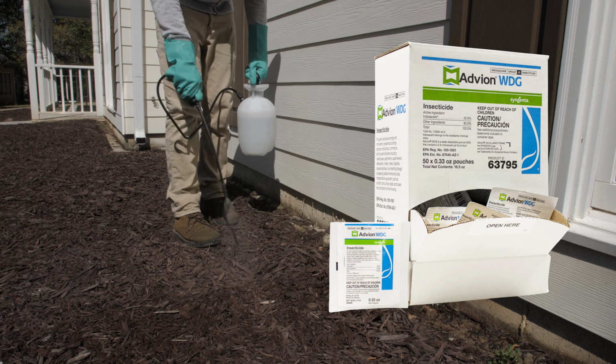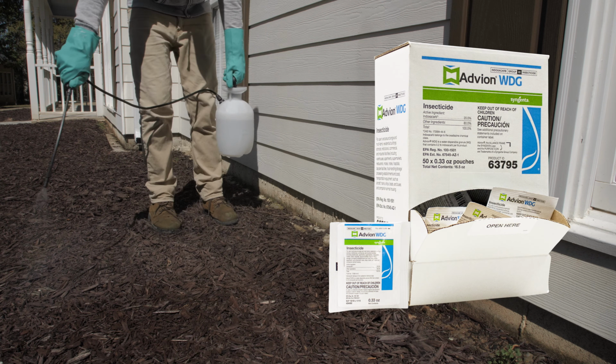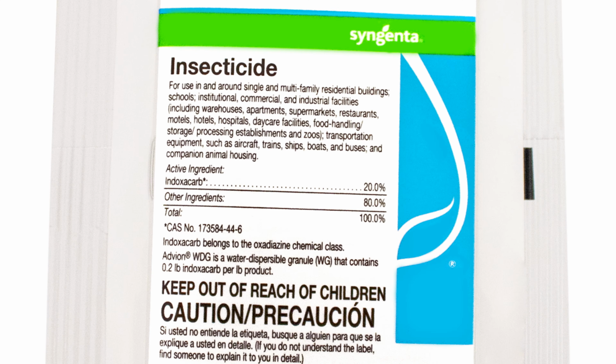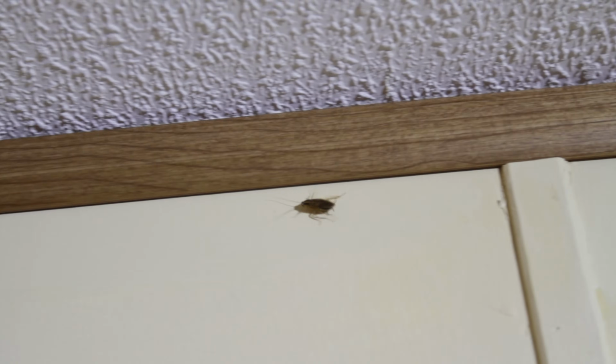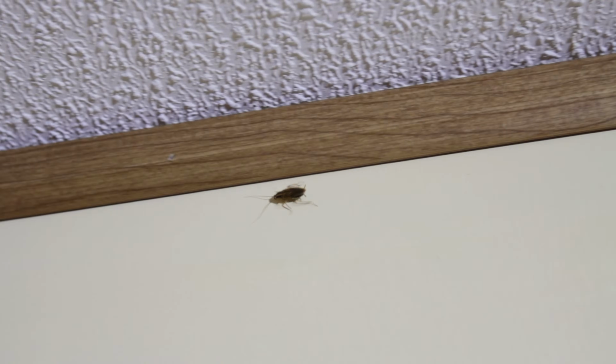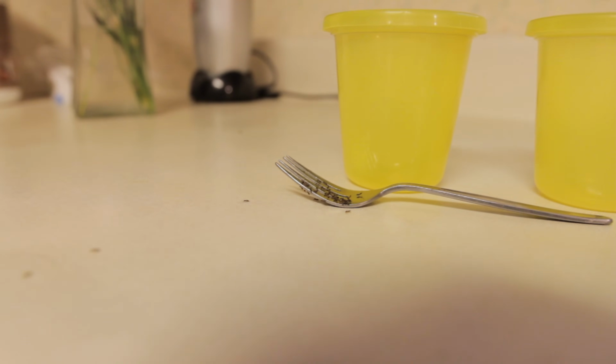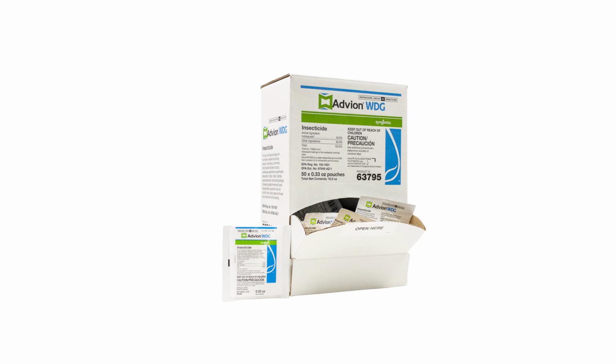Experience the power of Advion in a spray with Advion WDG. This revolutionary product is the only insecticide spray on the market with the active ingredient Indoxacarb, a unique non-repellent commonly found in the most popular insect baits. Indoxacarb keeps working after contact, allowing communal insects like roaches and ants to spread the ingredient to their fellow pests for wider control. Advion WDG can be sprayed indoors and outdoors to target over 20 flying and crawling insects, including